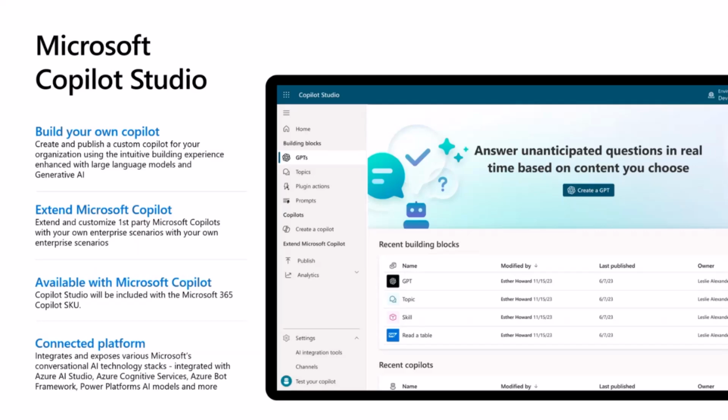My name is Gary Pretty. I'm a principal product manager on the Microsoft Copilot Studio team. You may know Copilot Studio by its former name, Power Virtual Agents. But at Microsoft Ignite last year, we announced that we were rebranding to Microsoft Copilot Studio with a broader mandate for the product. So we thought this would be a good time to show up and talk to you about